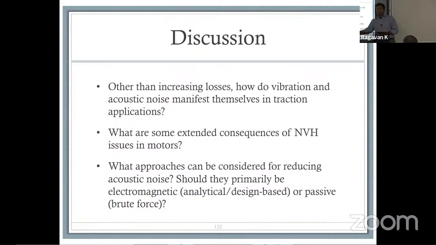I call this brute force. Anybody else would have considered that very offensive, but I'm not meaning anything by it. I'm just saying passive, meaning it muffles the noise. It takes out all noise. Or should it be a little more surgical, in which you are specifically isolating the frequencies and only clipping them out? So I wanted to open this up for a quick couple of minutes to see what you had experienced, what you have seen in your own designs perhaps, and if you had any thoughts.